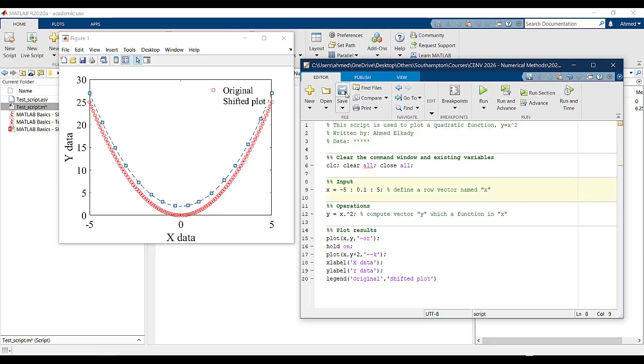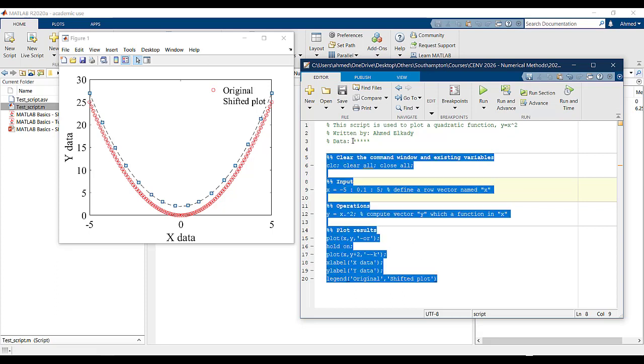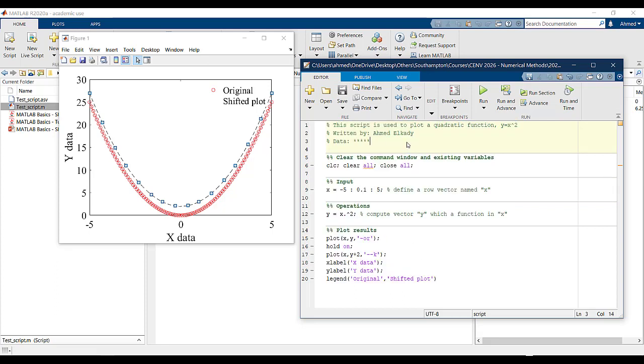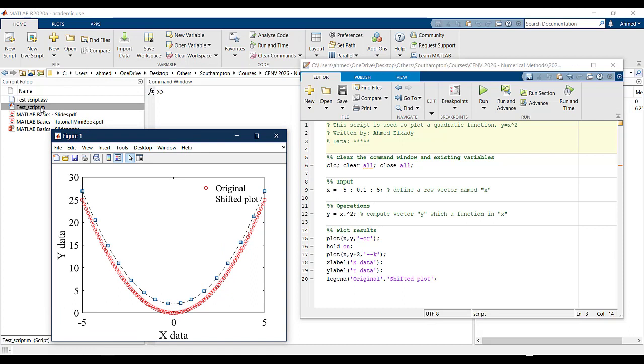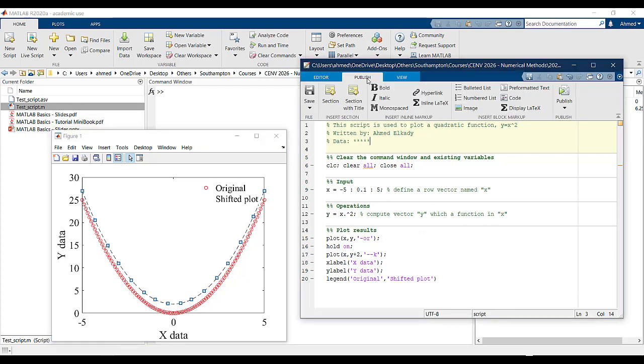At the same time, this is very, very important, because once you write the code, let's say that you want to provide this code to somebody else. Well, if you want to provide the code to somebody else, you can go directly and send them this M file. But if you want to present it to somebody as a report or something like that, so you want to publish this code. So how do we do that? You go to the publish command you see over here. So this publish tab, if you click on it, and if you say publish,